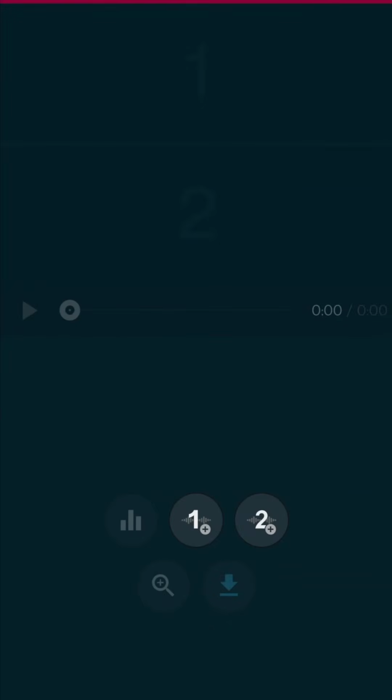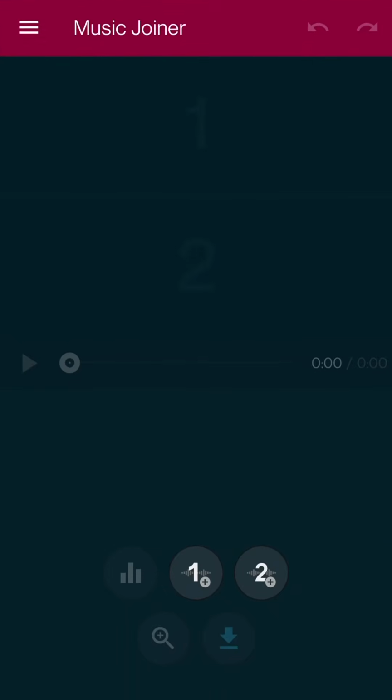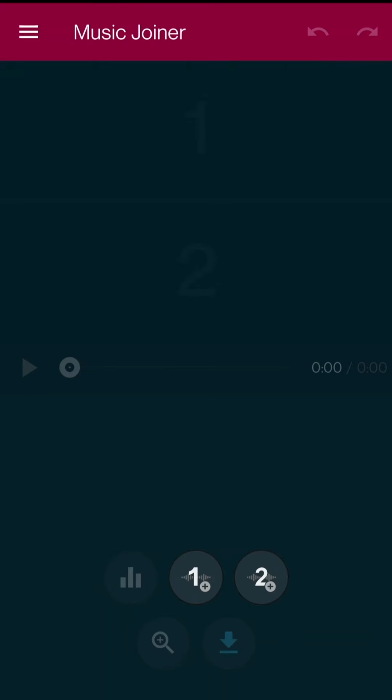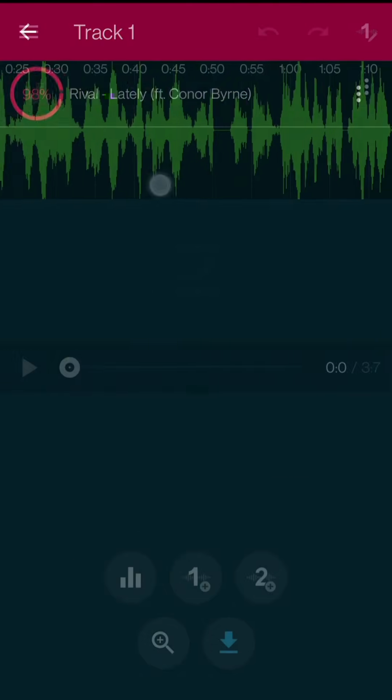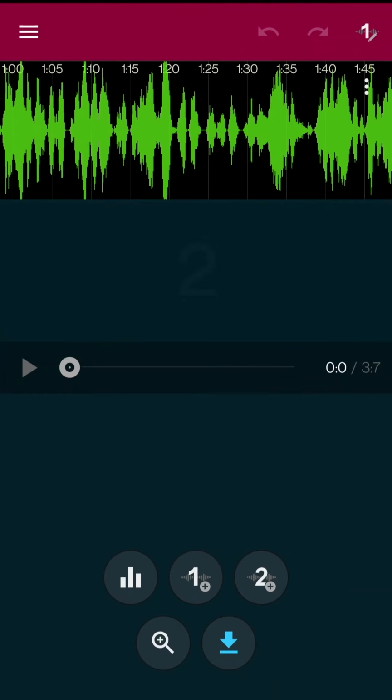Now we are going to see an example of the second case, where the songs are mixed together so they sound at the same time. In our example, we will join pieces of different songs. We will make the ending of one piece blend with the beginning of the next one. We start by adding the first piece of song in the first track. We are going to select the region and discard the rest.